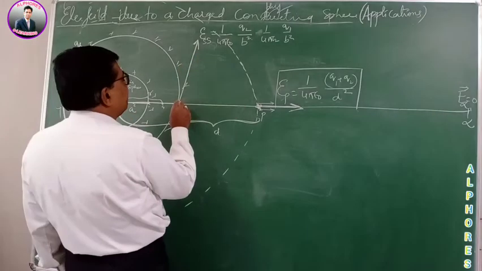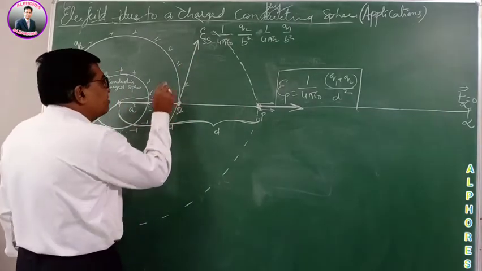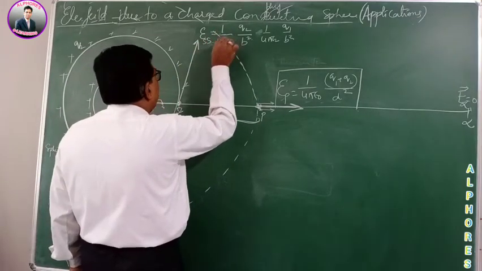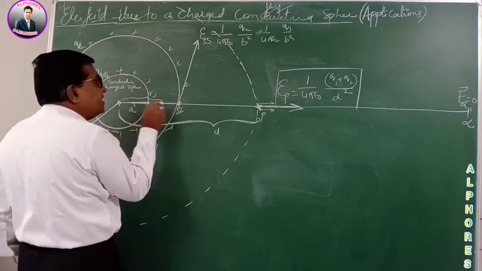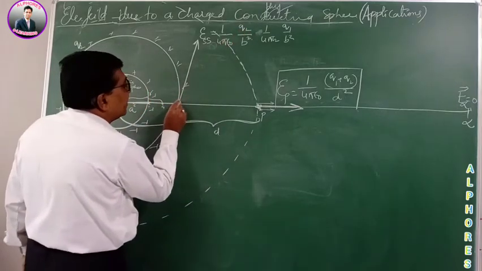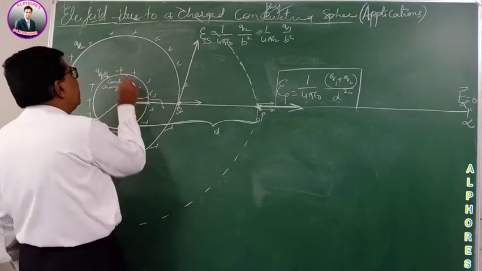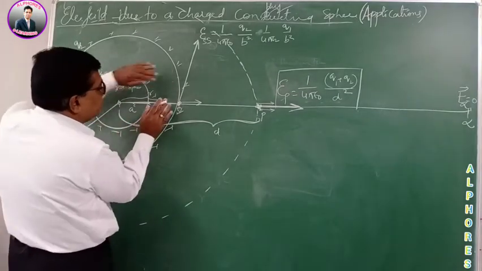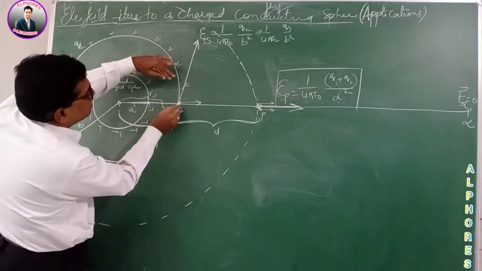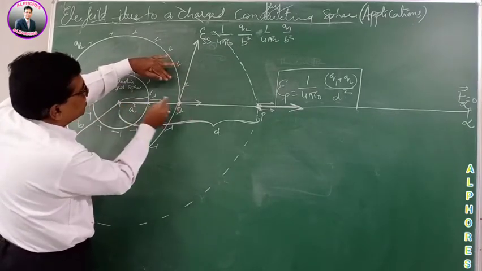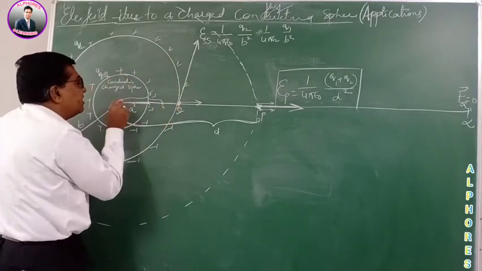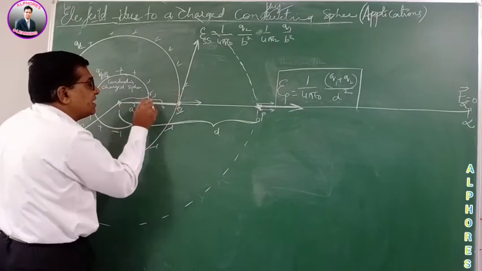On the surface point of the spherical shell, first you have to find the electric field due to the spherical shell. Field due to the spherical shell is 1 by 4 pi epsilon naught, its charge Q2 by distance square. Distance is its radius b, so it's b square. Here again the direction is radially outward. Now the field due to the conducting sphere: forget the spherical shell, take only the conducting sphere. Then for this it is the outside point. We have deduced the formula: for the outside point, the electric field is 1 by 4 pi epsilon naught, charge on it, by the distance from the center. The distance from the center is equal to the radius of the shell, that is b.